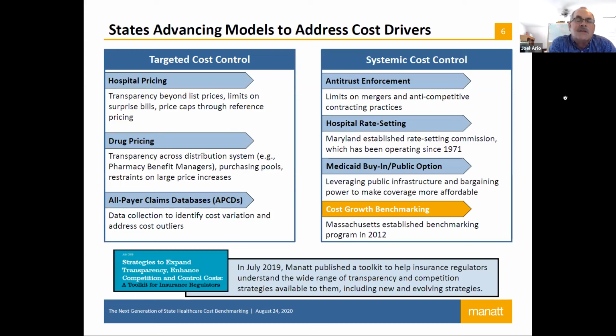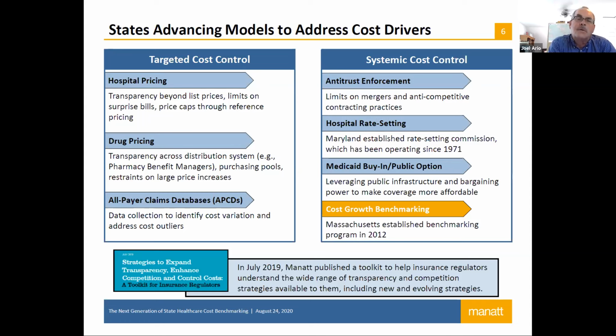There are different ways the states look at this. We kind of have this divided into targeted cost control, where you look at hospital pricing. A lot of states have looked at reference pricing, looking at the Medicare rates for hospitals, and then seeing that on the employer-based side, maybe twice, maybe three times those rates on average in some states. Not a lot of progress in that area, but definitely a lot of transparency efforts and efforts to sort of